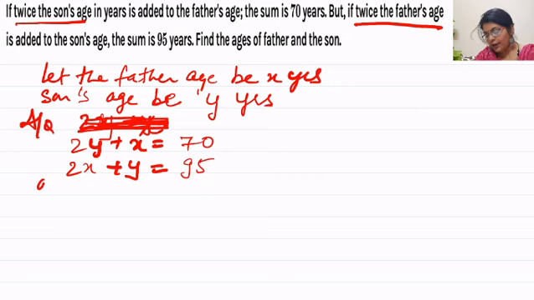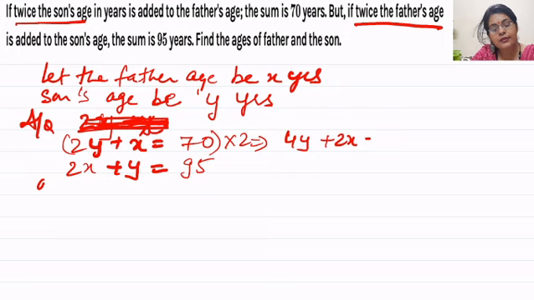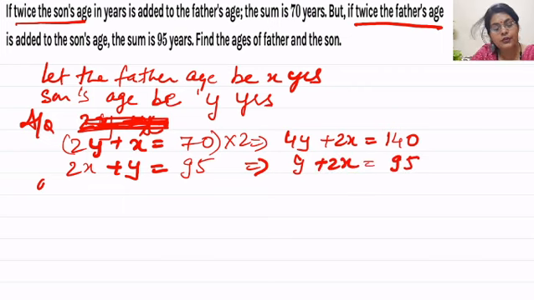So what it becomes is this: we will multiply the whole equation by 2 and what do we get? 2 into 2 is 4y plus 2x is equal to 140, and then here we'll write this in the same way, 2x plus y. Only we'll just interchange the place and we will get this. Now on solving these two equations, on solving we get